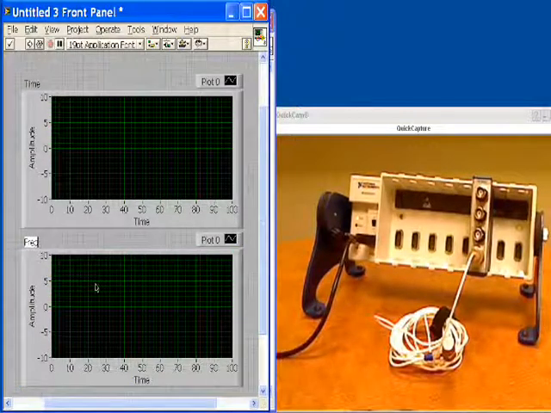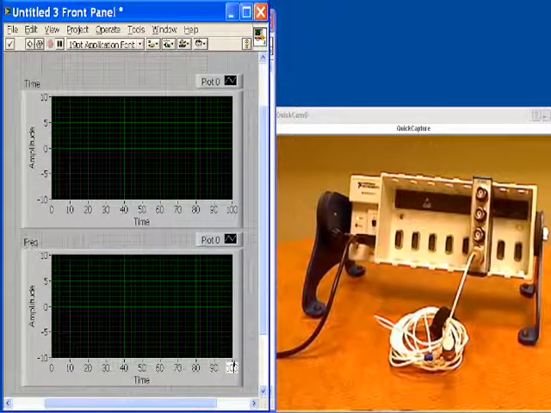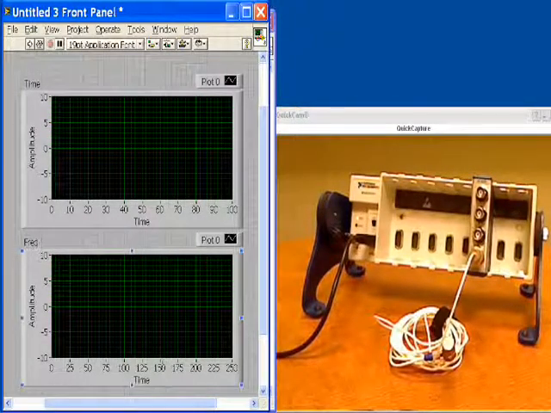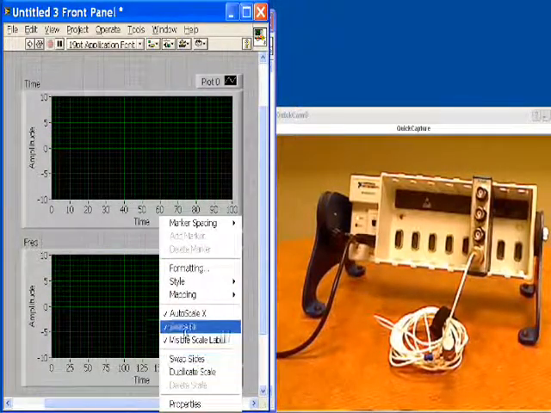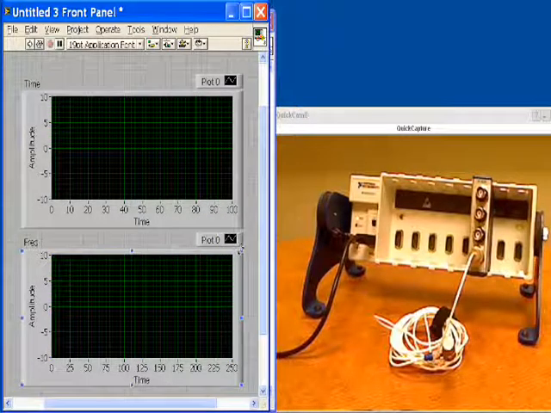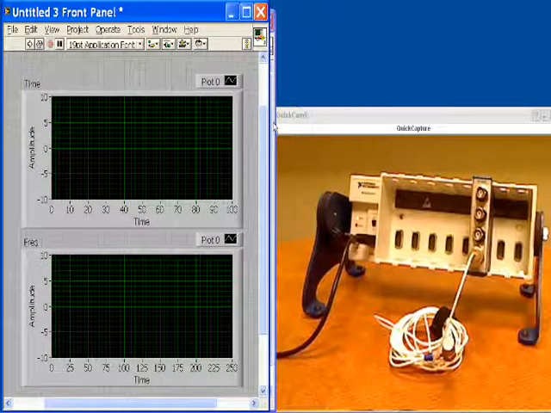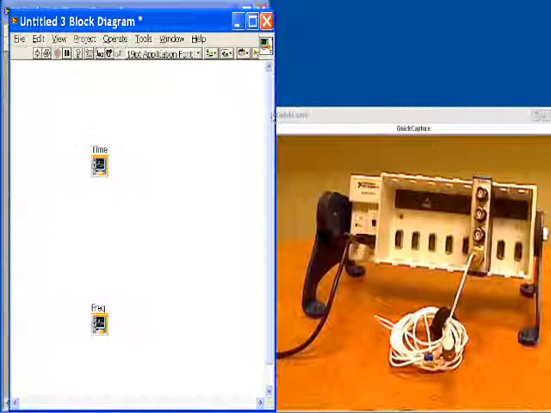Now, the frequencies that we'll be looking at will be in the 0 to 200 hertz range, so I'm going to go ahead and set up my x-axis to cover that, and I'm going to turn off my auto scale to lock it in place and make it easier to view. And for our simple analysis program, we're finished on the front panel, so we're going to jump over to the